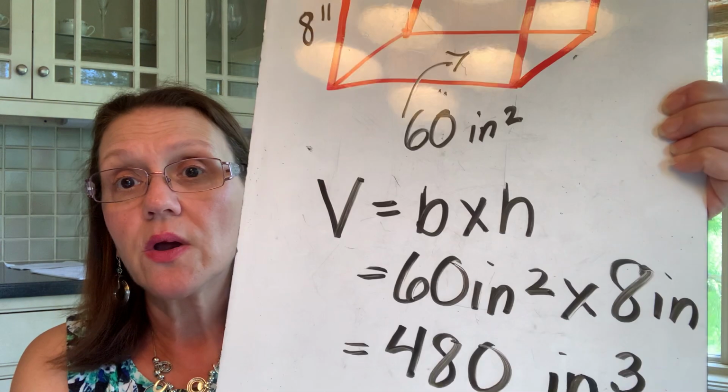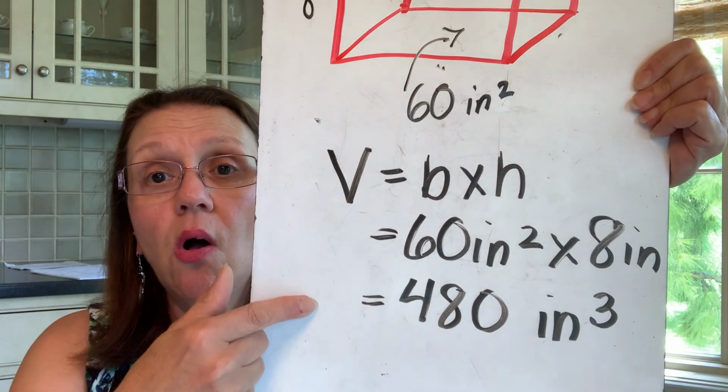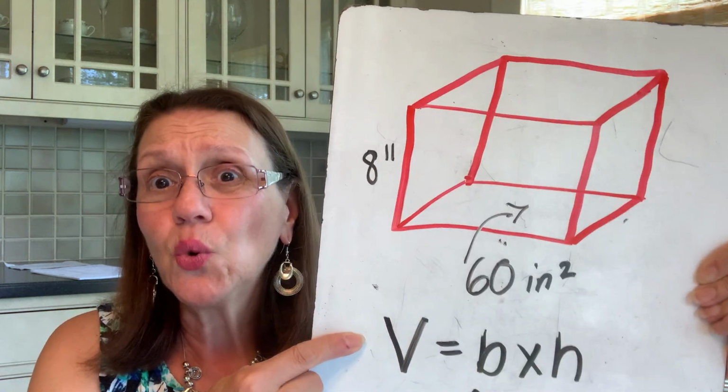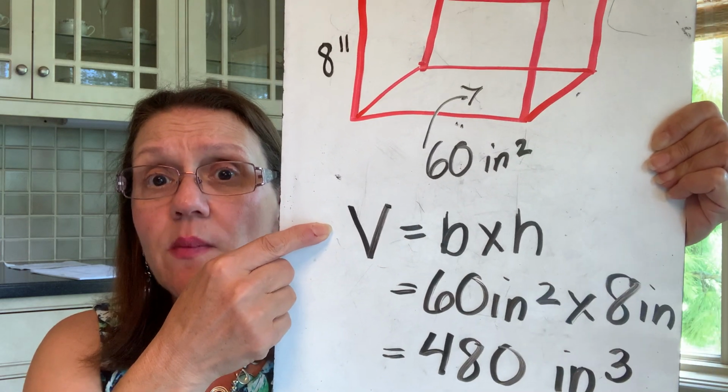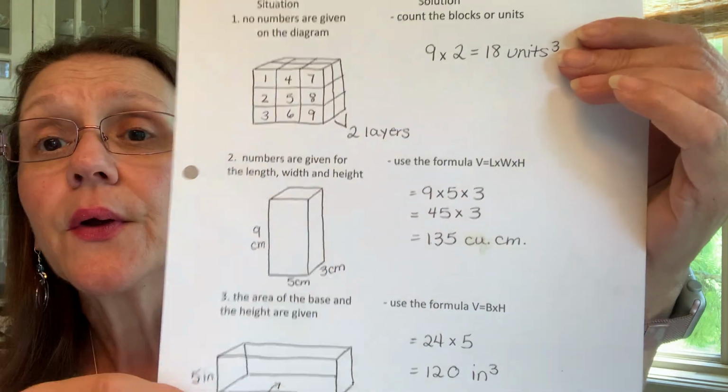So there is my work. When you use the 4 steps, you show all of your work. You are studying while you're working your formulas so that you remember them. So those are the 2 last ways to find volume, and those are both on your note right here. Now, to practice this skill,